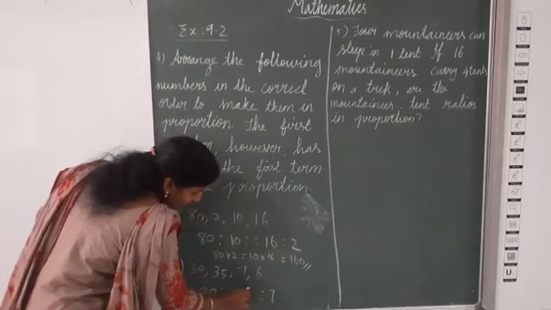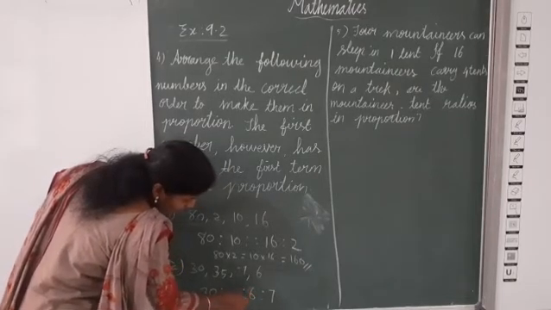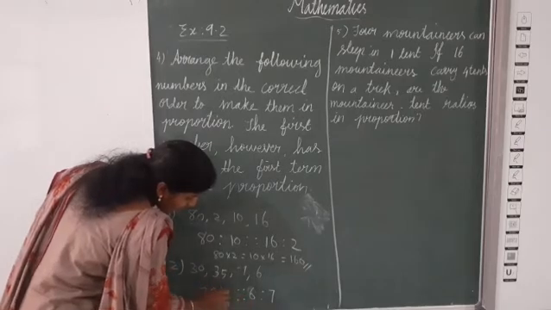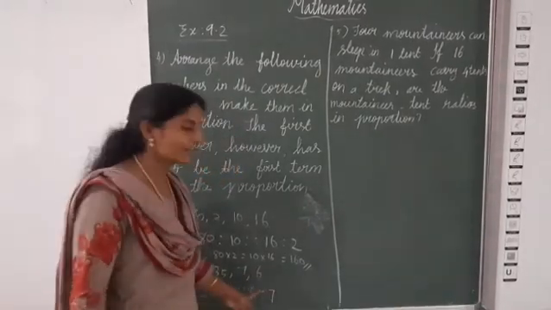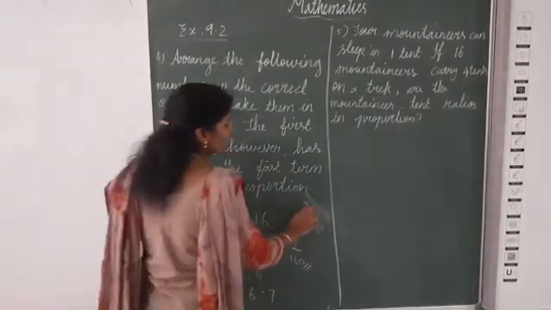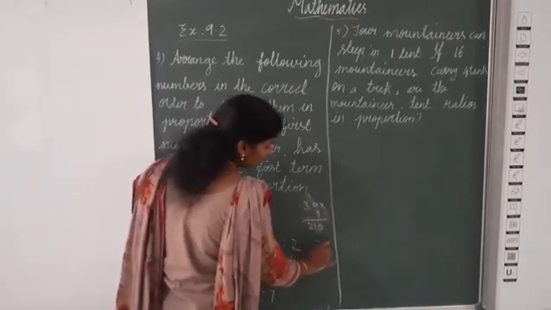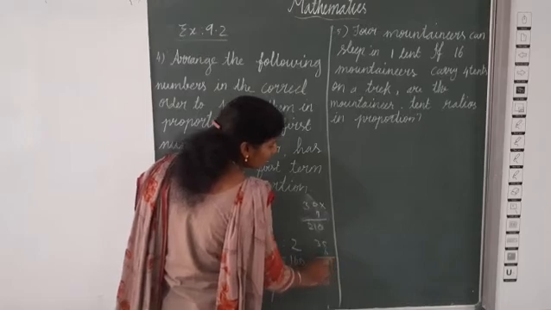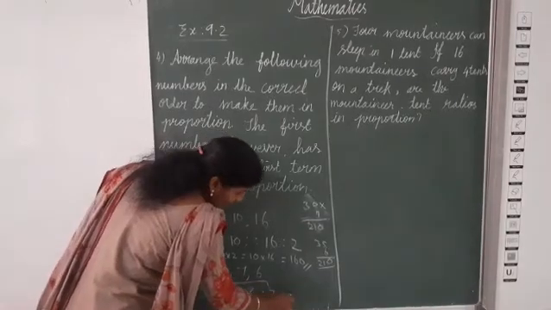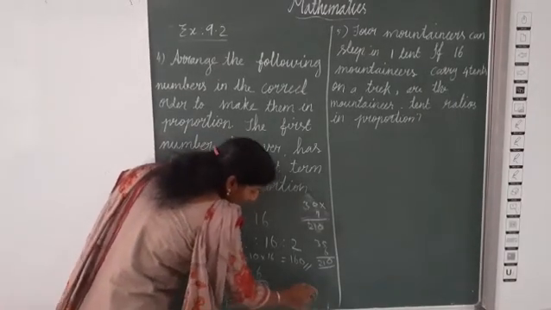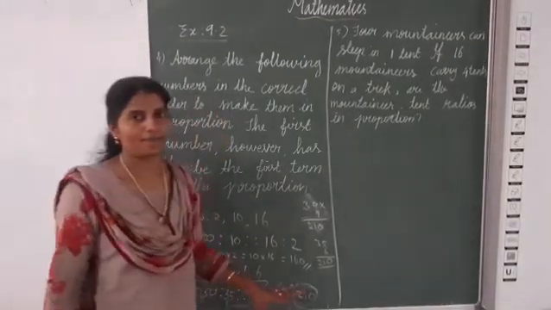Then here 35 or 6 is proportion as here 35. Now listen, 30 into 7 is equal to 35 into 6. 30 into 7 is equal to 210. Then 35 into 6 is equal to 210. So we can multiply these, both are equal to 210. So what's the correct way? 30 is to 35 as 6 is to 7.